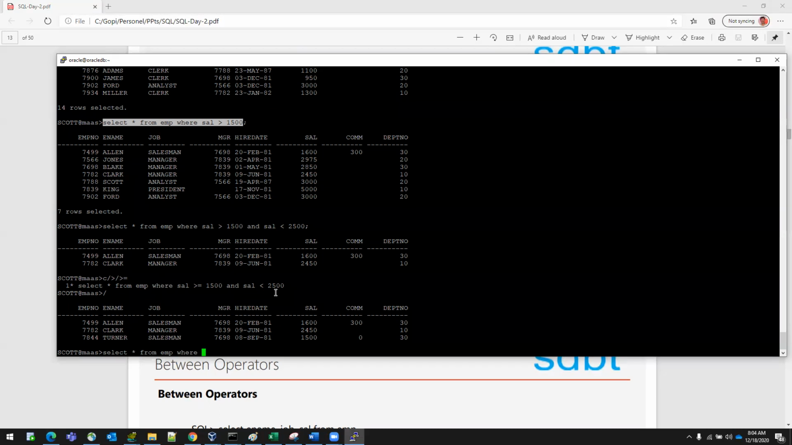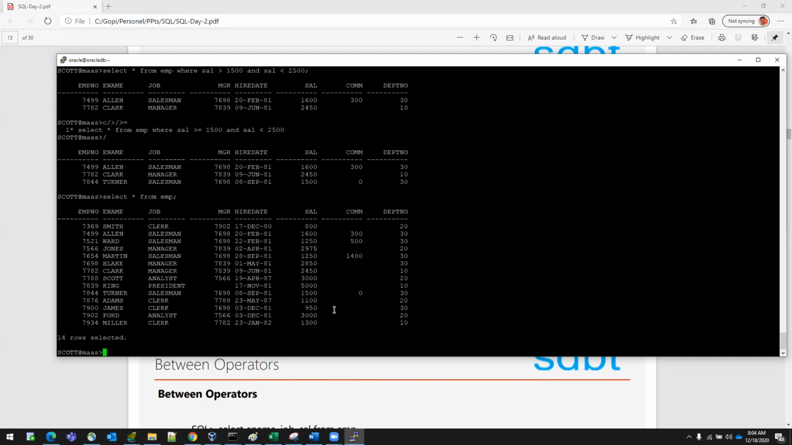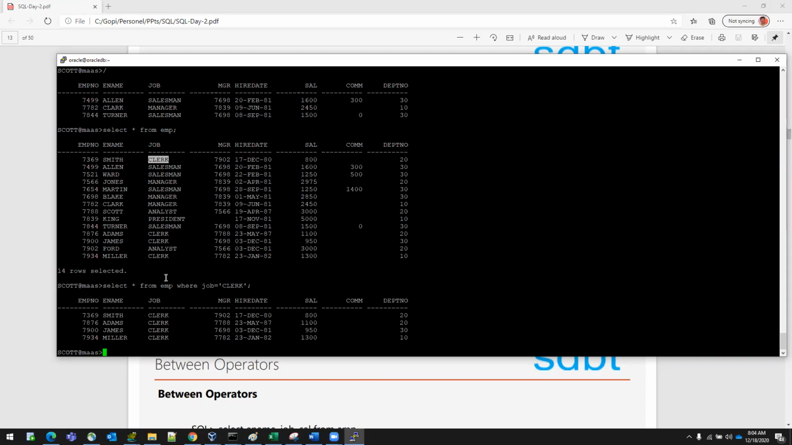Okay, I want to list down only the job. Okay, wait. Select star from EMP. So I want to list down the names who are manager as well as clerk. So if I want to take only the clerk, what I will do? Select star from EMP where job equal to clerk. Give it like this. Okay, but I want to have both clerk as well as a manager. Select star from EMP where